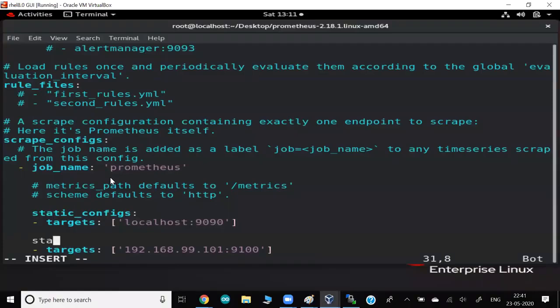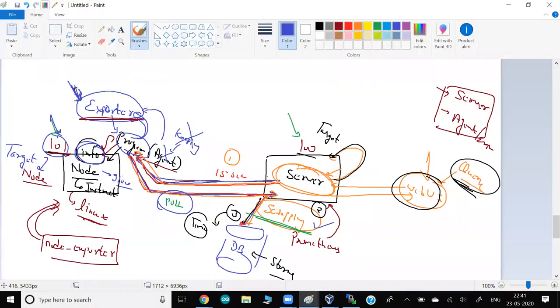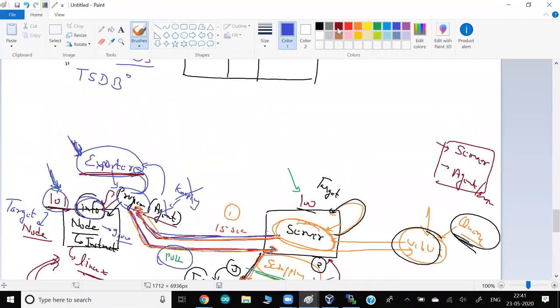That's called static. But there's one more way where, without writing here, it dynamically finds this info for you. So right now I have to manually type this IP. But understand one thing. If you were with me in the last class yesterday, I told you that if you are running a container in a pod, your IP is 6. After the container fails, it launches a new pod automatically. Next time the IP might change.